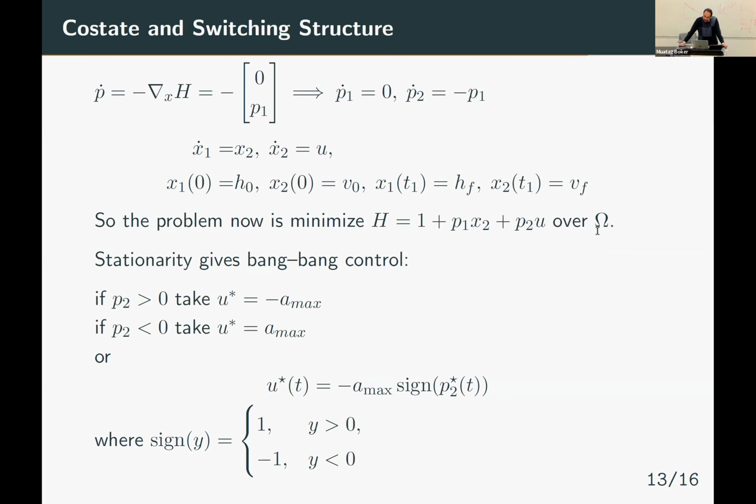Okay. The way we do it is basically a semi-manual optimization. What I mean by that is it's a static optimization, called static optimization. In this case, we look at the term that depends on u. The term that depends on u is linear. So you have P2 times u. Okay?